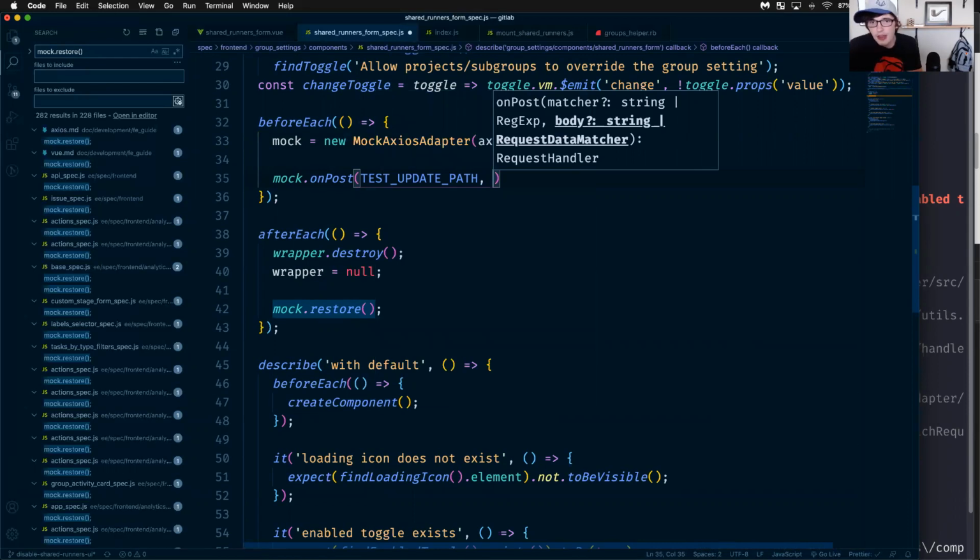And I guess we want to just return something successful. So it returns like success true or something. Or, how do we want to do this? Because